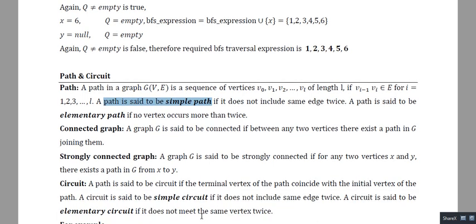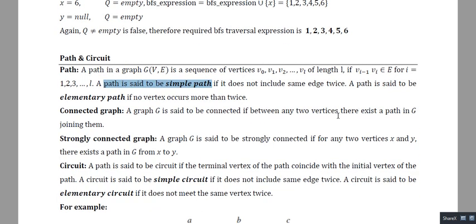Right. So now this path may be either a direct path or an indirect path. Don't confuse it with a complete graph, because in a complete graph you need a direct link between all pairs of vertices, but in this case there has to be a path between any pair of vertices. So the path length may or may not be 1, but in a complete graph, for all pairs of vertices the path length has to be 1, right?